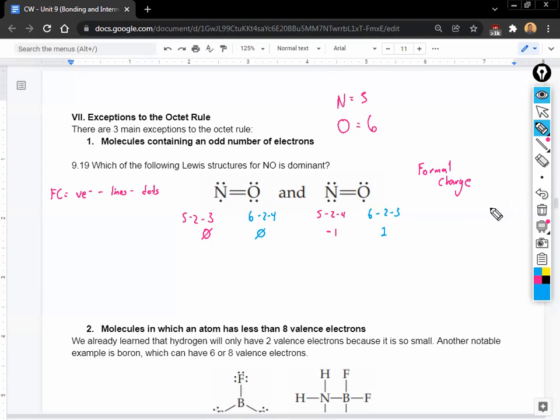Now, some of you guys might have thought about this, but there's actually an easier way to do this without even doing formal charge. Which one is more electronegative, nitrogen or oxygen? Oxygen is more electronegative, right? And we said that if an element is more electronegative, it's better at holding the electrons, right? And so if we think about this logically, which element is going to pull the more electrons to itself? Oxygen. And so if you take a look on the left one, it has 1, 2, 3, 4 valence electrons. Here it only has 3, which doesn't make sense because nitrogen is not strong enough to take away the electrons,